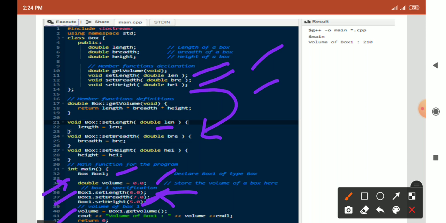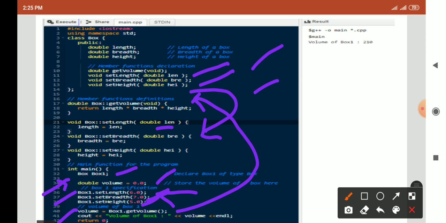Now we have to calculate the volume of the box. So for volume we are writing here the function get volume. So volume equal to, okay, we already defined a volume variable here, equal to box1 dot get volume.